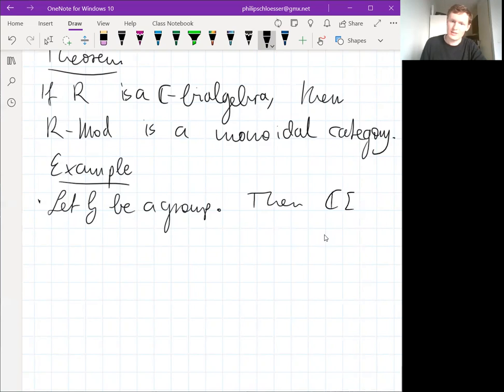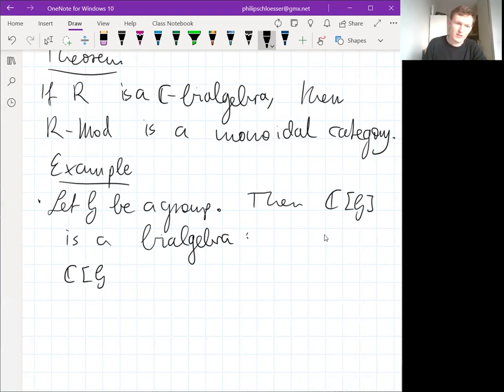And yes, it is. Firstly, note that if we take the tensor product of the group algebra over C with itself,